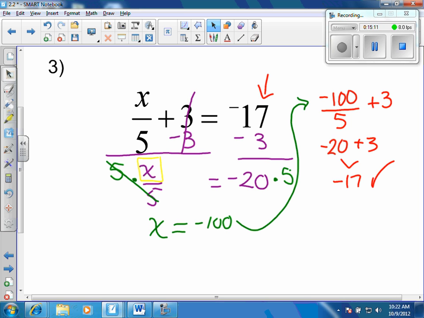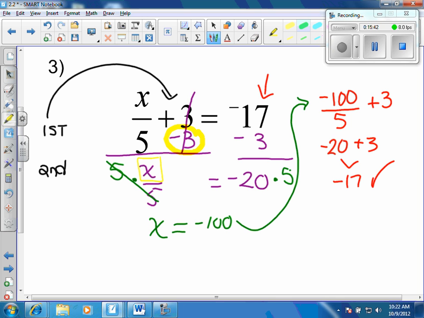Yeah. So is that like 3 problems, or is it like 3 steps? That's 2 steps. Because the opposite of adding and subtracting, and the opposite of dividing is multiplying. Right? So first I undid the addition with subtraction. That was step 1. That was our first step right there. And then the second step was that I undid the division by doing the multiplication. That's it. 2 steps. Okay? All right. So I'll put